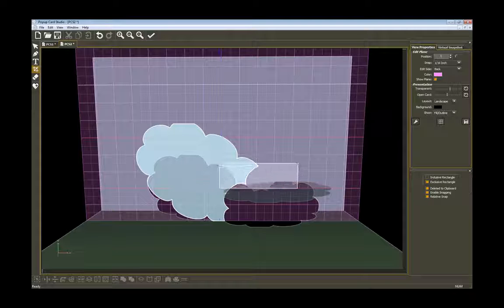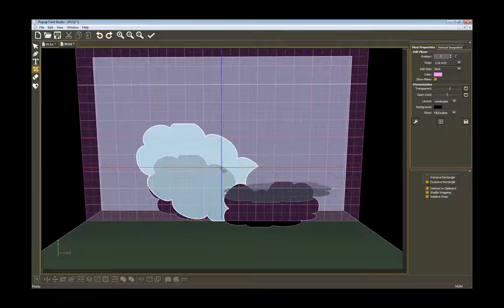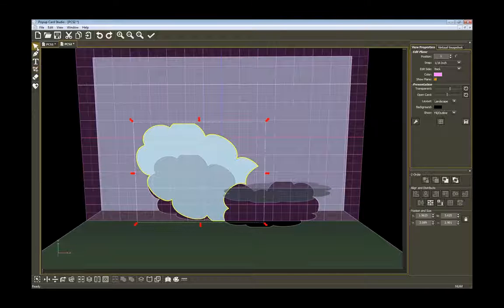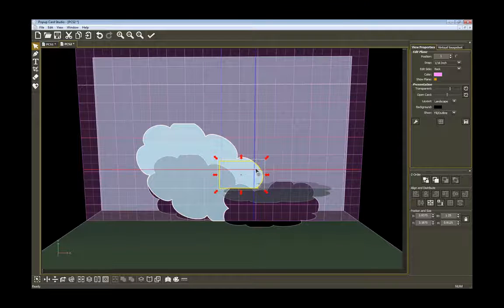You always want to extend past where you think you need it. So I did that. I don't really want to crop it, so the first thing I'm going to do is Control Z, or you can hit this arrow up here, undo. So we're back to where we were. Go to select mode. Do a Control V or paste. That's the piece we need, and you can see I have a nice curve here, but